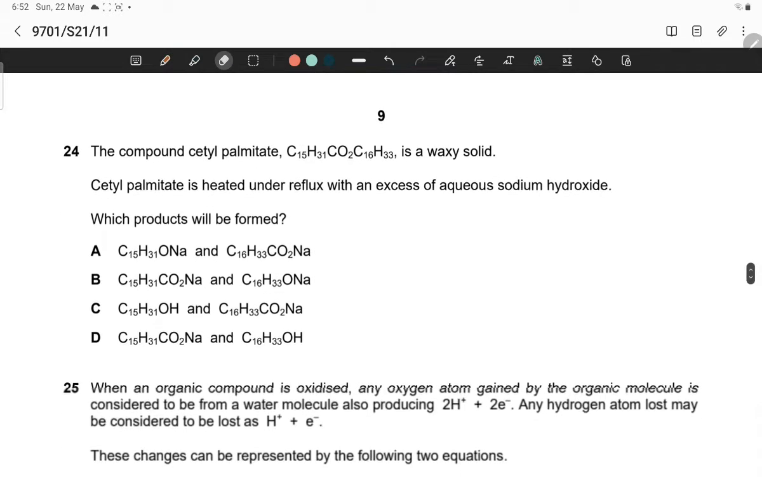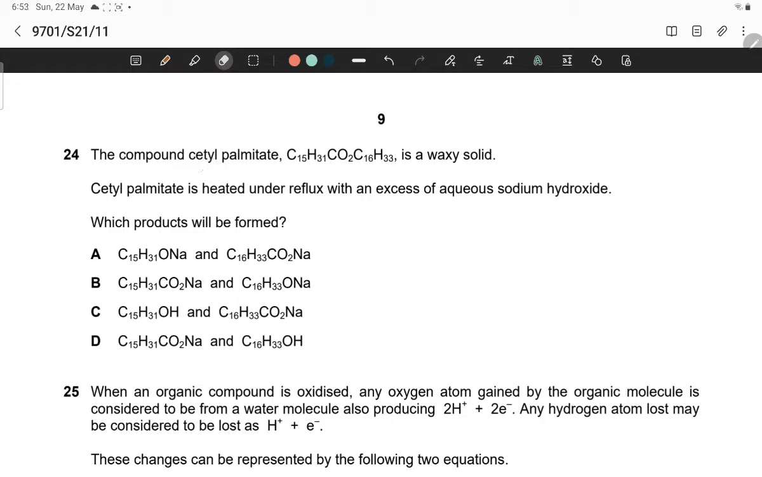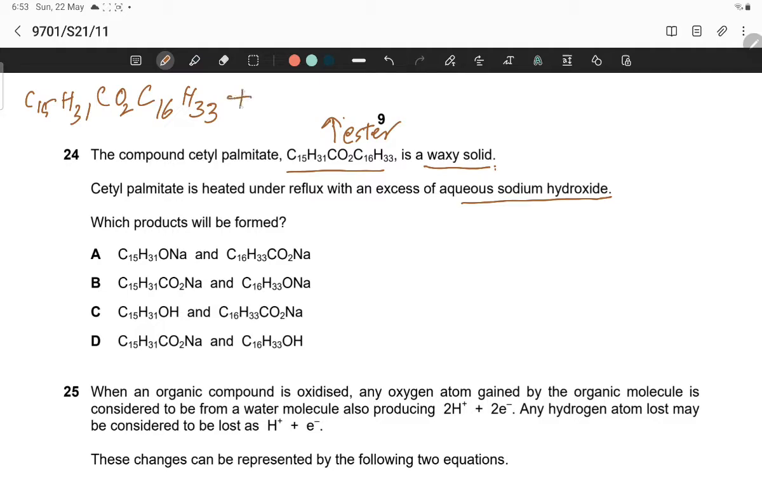Question number 24. The compound cetyl palmitate, C15H31CO2C16H33, is a waxy solid. This is an ester. Cetyl palmitate is heated under reflux with an excess of aqueous sodium hydroxide. Which products will be formed? So this is alkaline hydrolysis. Let's check. C15H31CO2C16H33 plus sodium hydroxide to form